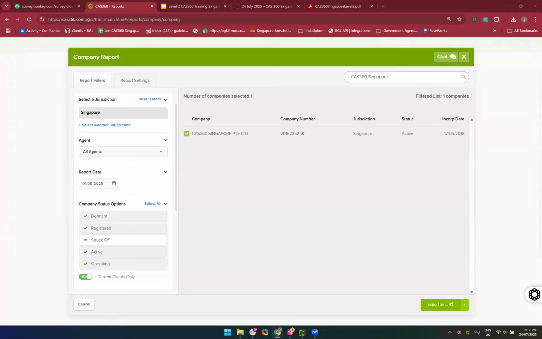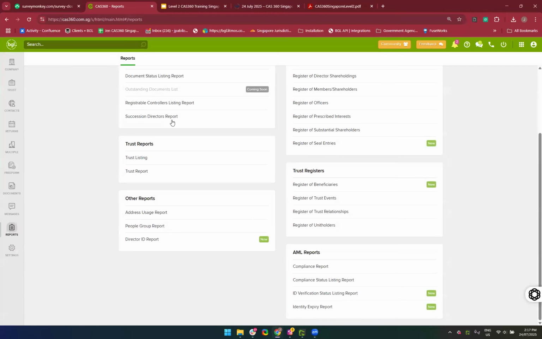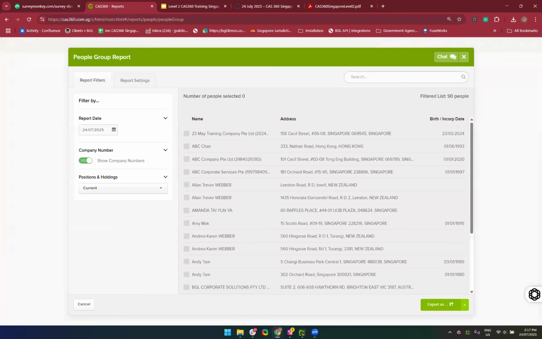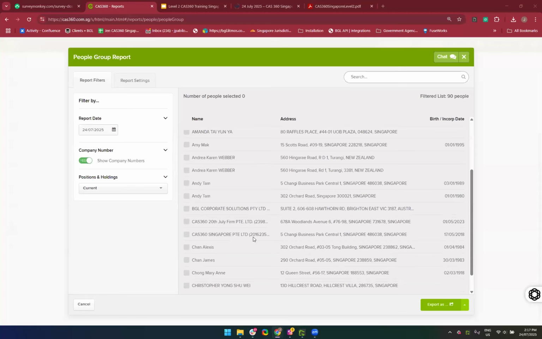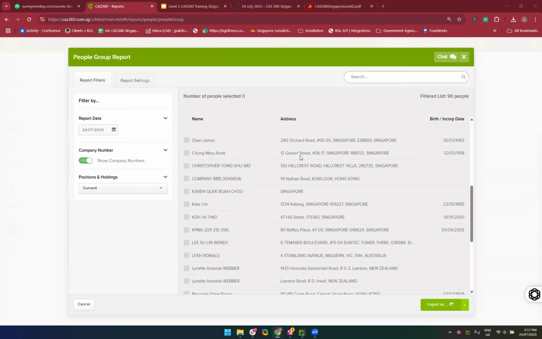So the next report that I want to go through will be your people group report. People group report can be found in other reports. People group report is similar to the report, the company report itself. So when you click, for example, just gonna go here. When you select a contact, for example,